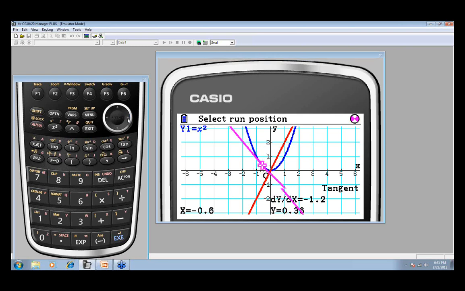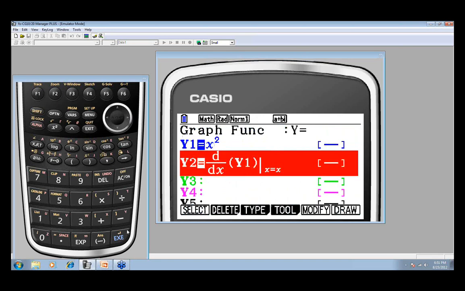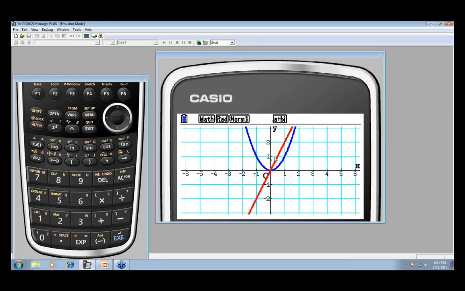And as you move around till you get to the minimum point on the parabola, or the vertex point, notice that your derivative value is also 0, and that's where it corresponds to the graph at 0, 0. As you come up the right side of the graph, the tangents are positive, and the red line is now positive in value. Okay, I'm going to turn off my tangent sketcher, and let's focus on what is the equation of this red line. It's passing through the origin at 0, 0, so the y-intercept is 0. It has a slope of 2, so the equation of this red line should be 2x.